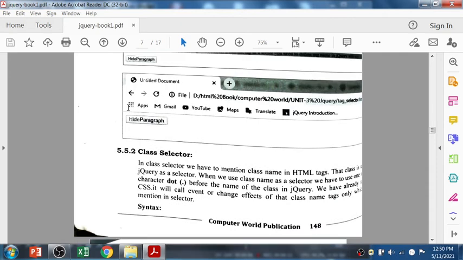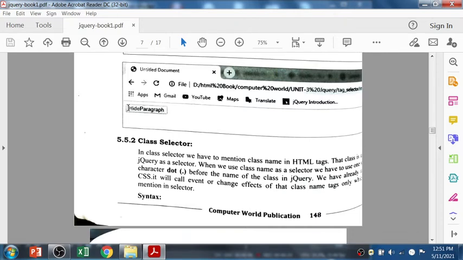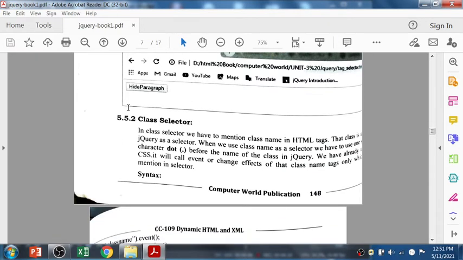The next category is the class selector, in which we have to mention the class name. In the HTML tag, that class is used in jQuery as a selector. When we use a class name as the selector, we use one particular class. With the dot character you can call, I mean declare, the class name.